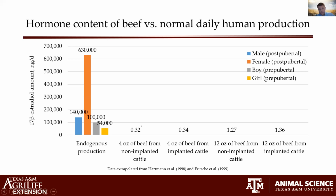Okay. What I've done is I've calculated the amount that would potentially be consumed and would potentially have the opportunity to be absorbed, although we know that far less than this would actually be absorbed because of what's going to happen to that hormone, 1, when it's cooked, and 2, once it actually gets to the liver. Okay, we know it's going to undergo some changes and probably going to decrease that number to about 10% of what was actually consumed. But nonetheless, if we assume 100% of what was consumed